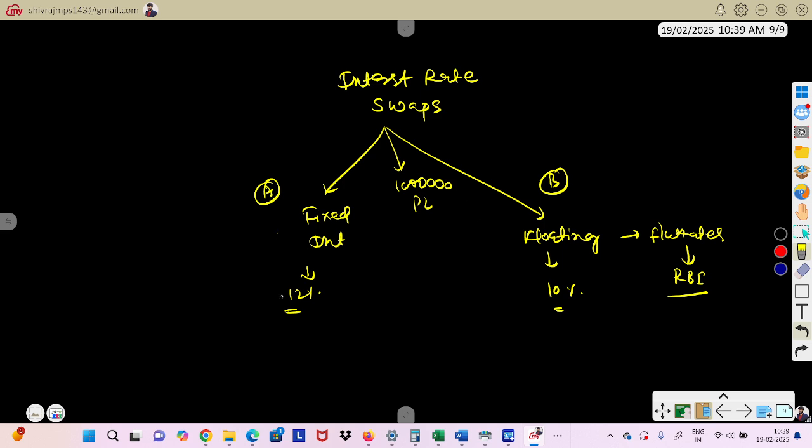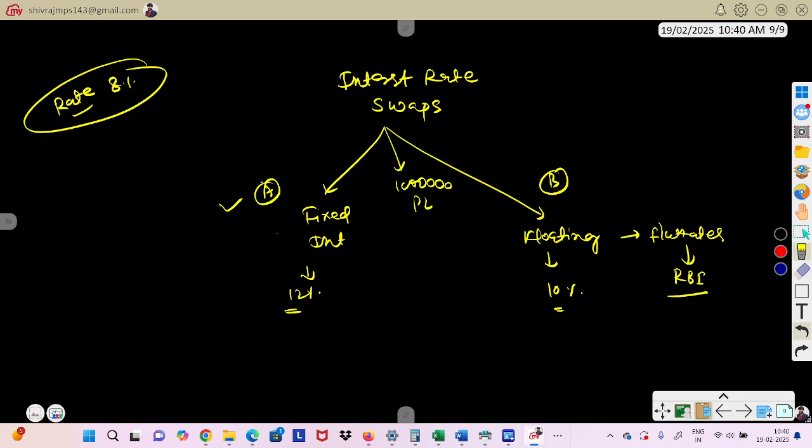And if I talk about fixed, a fixed interest rate is fixed. What if, let's say, the RBI announces lower interest rates? It means people don't need to pay higher, they just need to pay the lower interest rate. What if the RBI announces an 8% interest rate? Then in that case, A is paying more interest, right? Because A has the obligation of fixed interest, 12. So through swaps, you can exchange your fixed interest rate with anyone